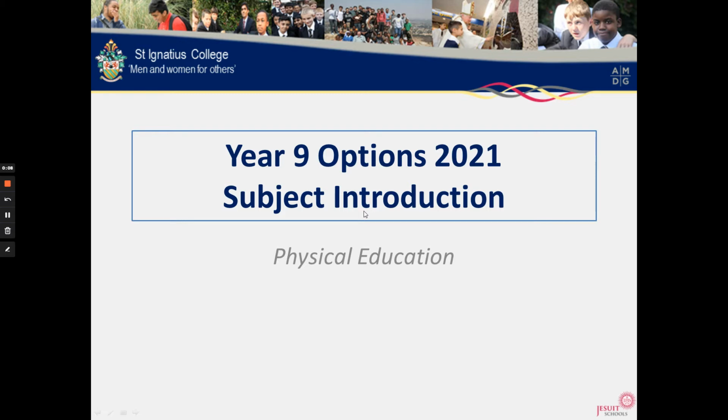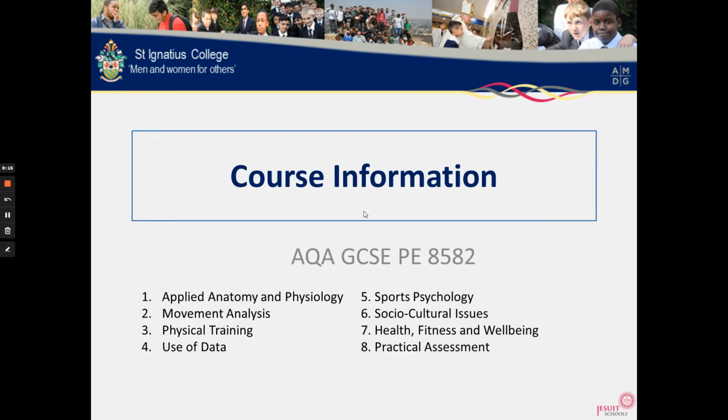I'm the head of department here at St Ignatius College, and I'll take you through our subject offer for GCSE. So we've offered the AQA course in GCSE PE, physical education, and the course number is 85582. And it covers 8 different areas over the 2-year course, and I'll talk to you about those in a little detail